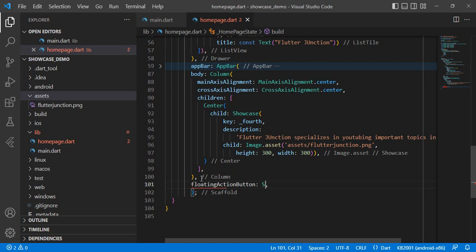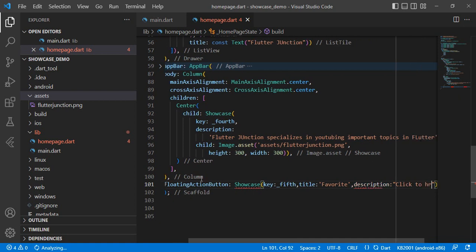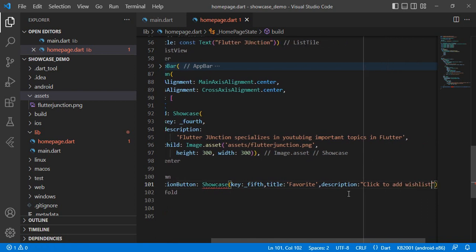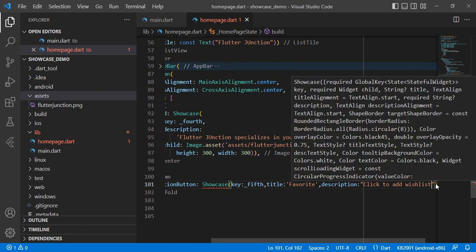Floating action button, and similarly we need to have the showcase, and then the key, fifth, and then the title, let's say favorite, and then description, let's say click to add wish list, and then our child,